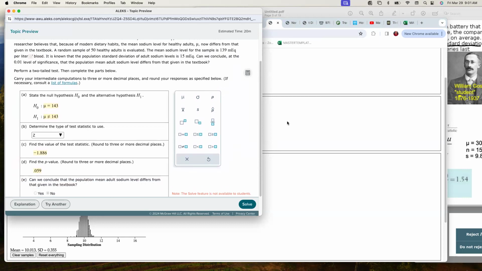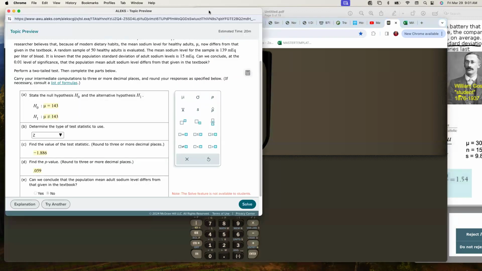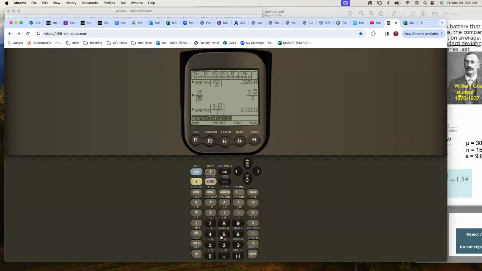I think I did that back here, actually, if I scroll down a little bit. No, I did not. Okay. So that is going to be, what did we say it was, 15 divided by the square root of 50. Okay. So if I do take the 15 and divide by the square root of